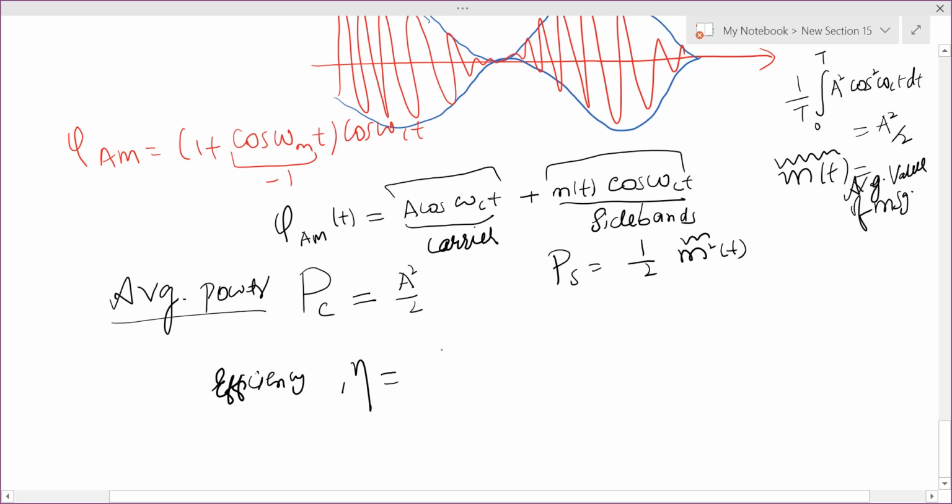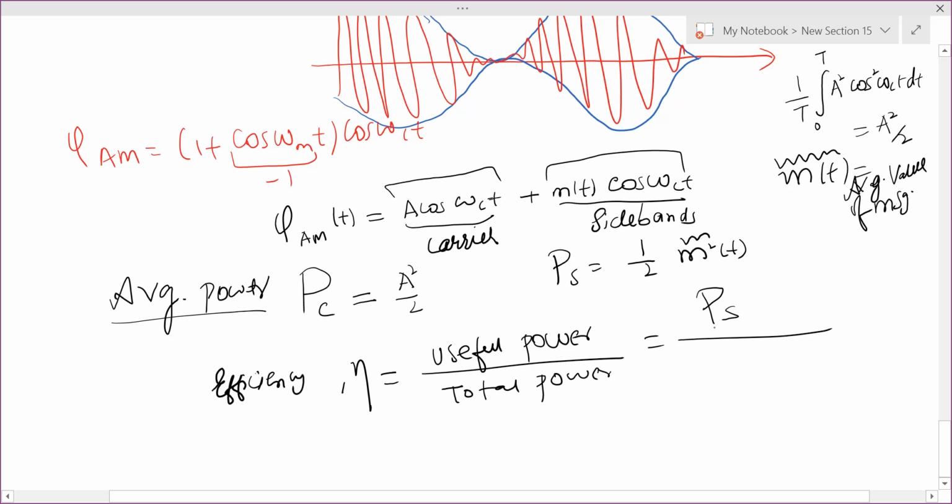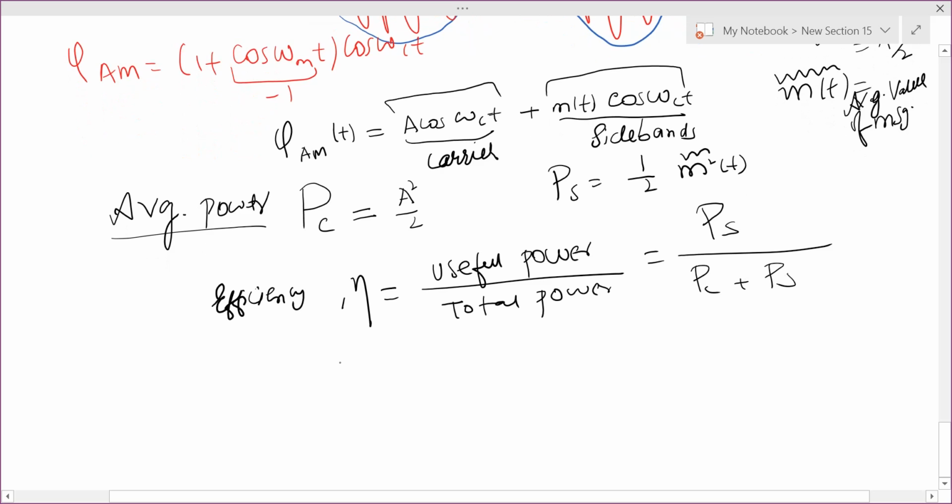Eta is useful power divided by total power. So what is useful power? Useful power is the sideband power, PS, and total power is carrier power plus sideband power, which can be written as the mean square average of the message divided by A square plus the mean square average of the message, in percentage. Okay,